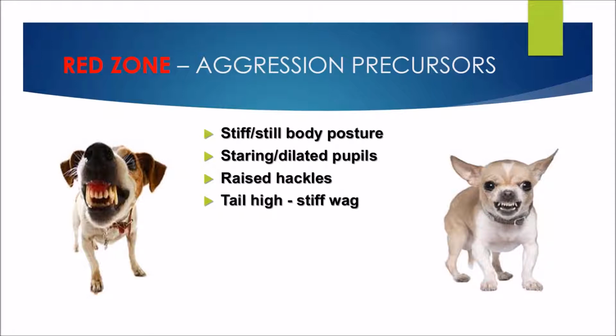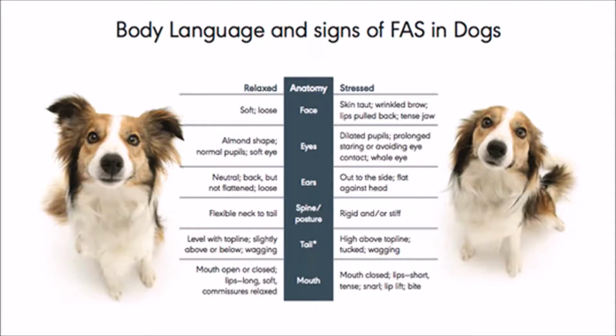The tail becomes quite high on the body with this and it can be very stiff, and snarling, growling, barking, lunging, the ones we kind of know. So really important to know that if we look at a dog in their nice relaxed state, you can see the guy on the left here compared to a guy in yellow zone on the right. Really important to get to know your dog. All dogs are built different shapes and sizes, so observe your dog, be mindful of it. And it's a good one to watch other dogs as well. It's amazing what you'll pick up on.